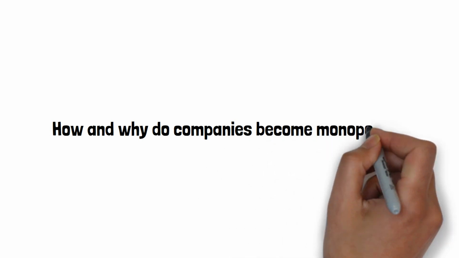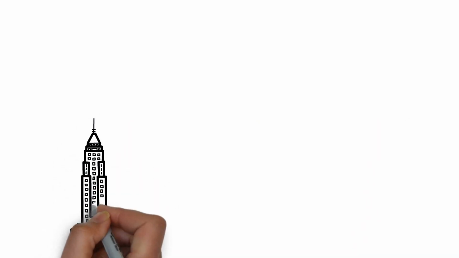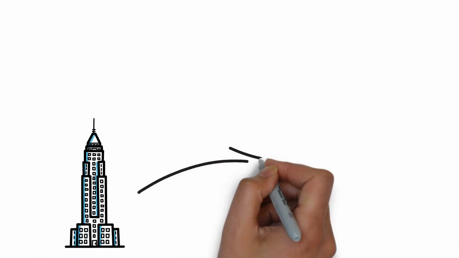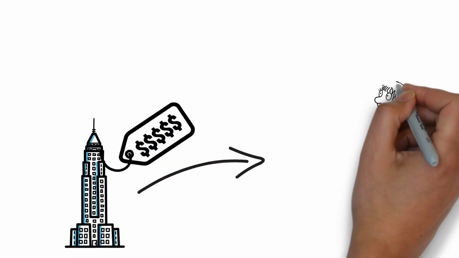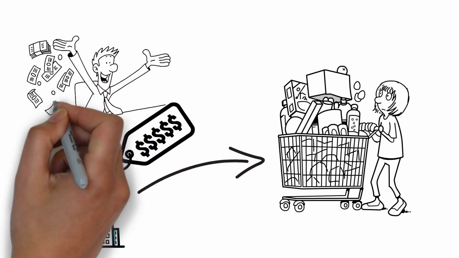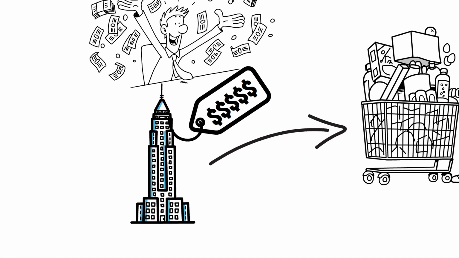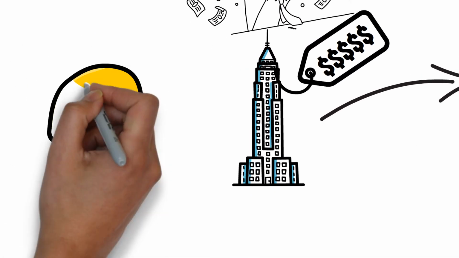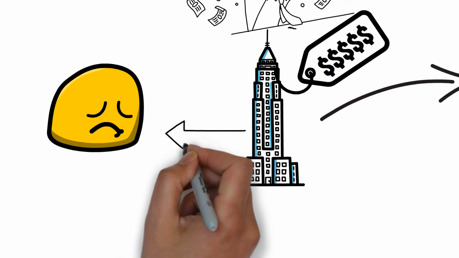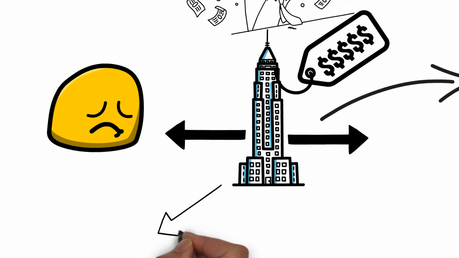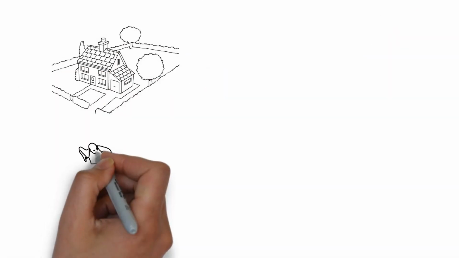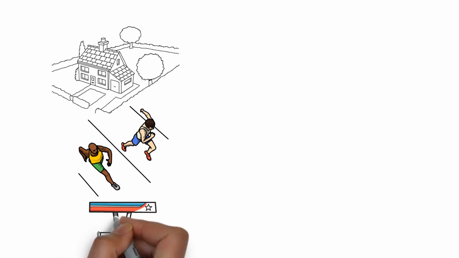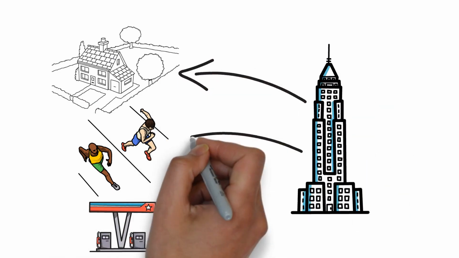How and why do companies become monopolies? A monopoly is a company that exists in a market with little to no competition and can therefore set its own terms and prices when facing consumers, making them highly profitable. While monopolies are both frowned upon as well as legally suspect, there are several routes that a company can take to monopolize its industry or sector. Using intellectual property rights, buying up the competition, or hoarding a scarce resource, among others, are ways to monopolize the